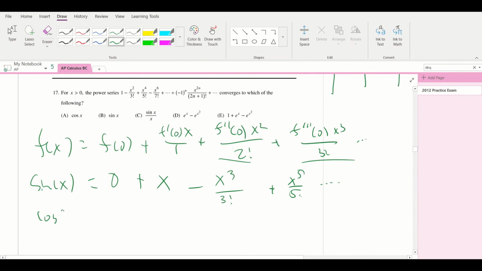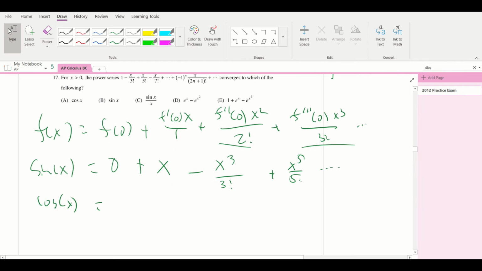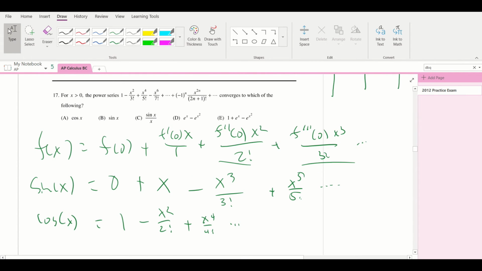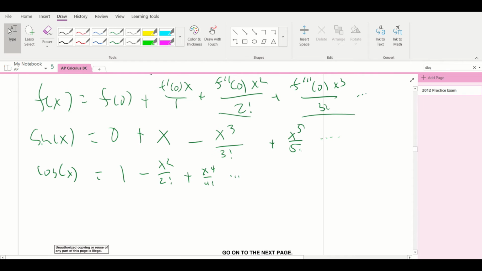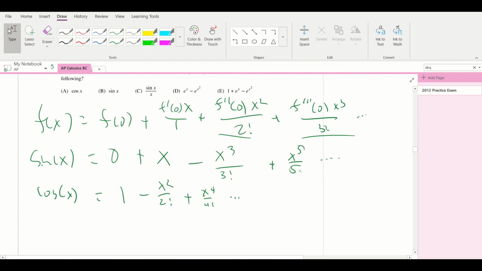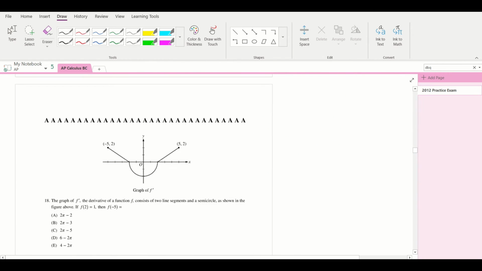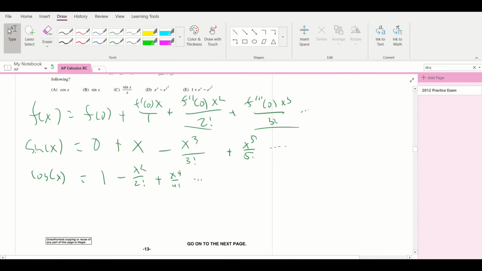For cosine x, it's 1 minus x squared over 2 factorial plus x to the power 4 over 4 factorial, dot dot dot, right? Because it's like shifted. Sorry, I don't know what happened. And e to the power of x,